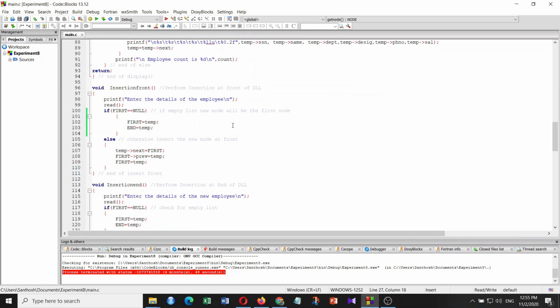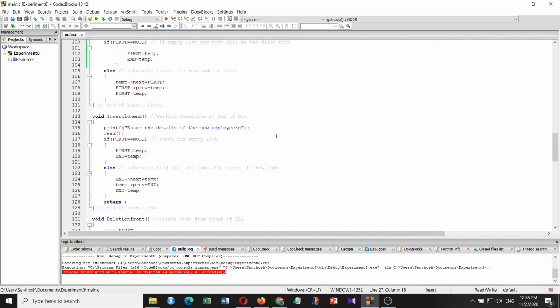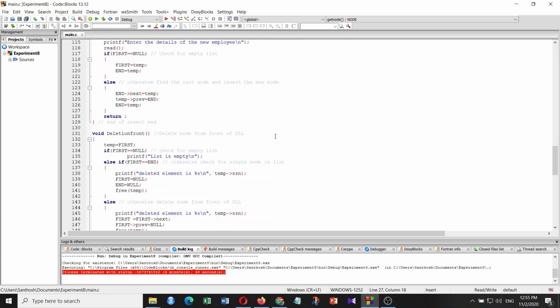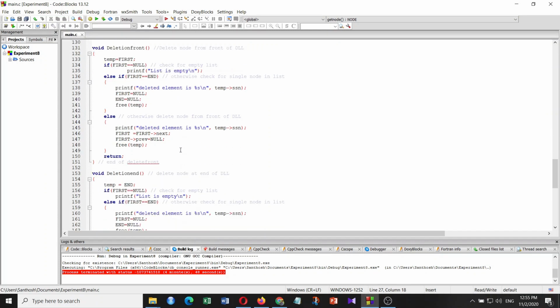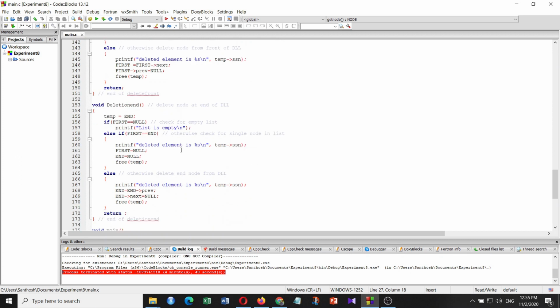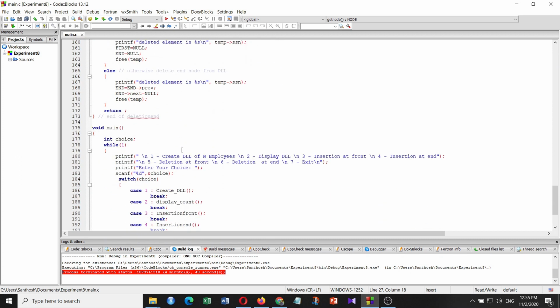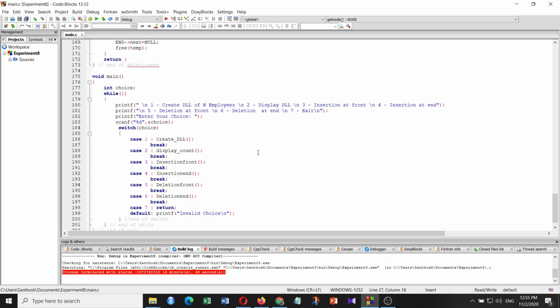Insertion front is responsible for adding a new employee to the front of the list. Insertion end is responsible for adding a new employee to the end of the list. Deletion front is responsible for deleting an employee from the front, and deletion end is responsible for removing an employee from the end of the list. The main function is used to drive the program.